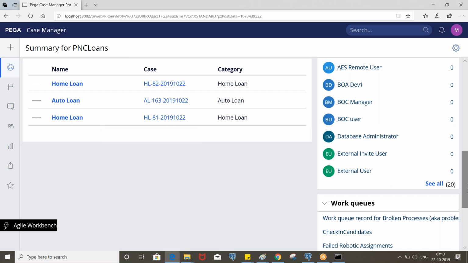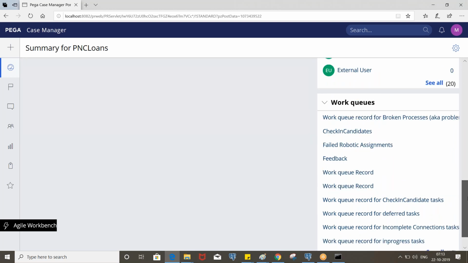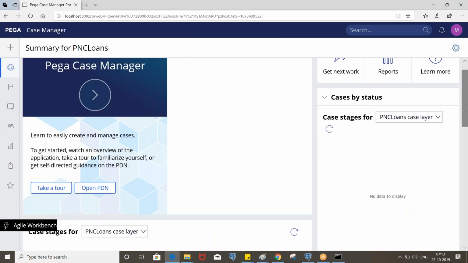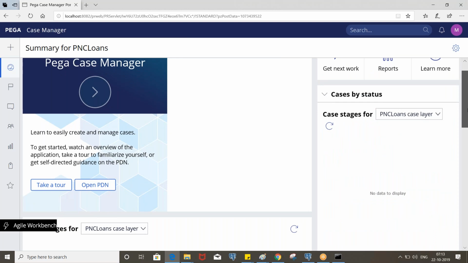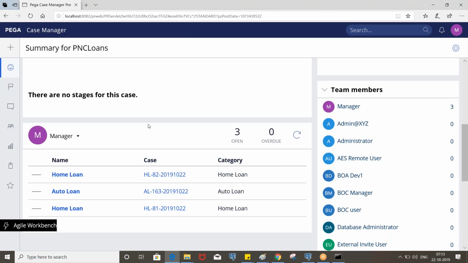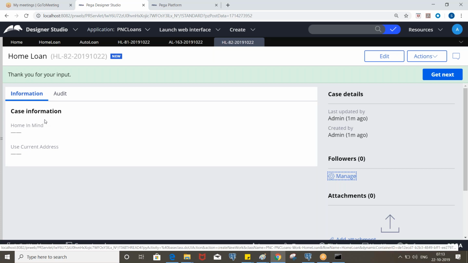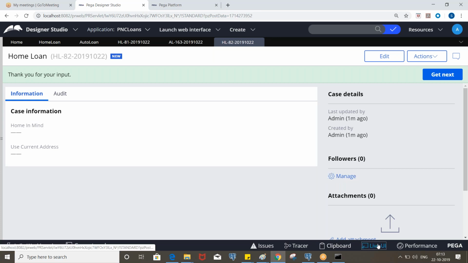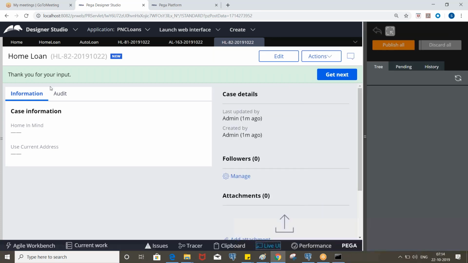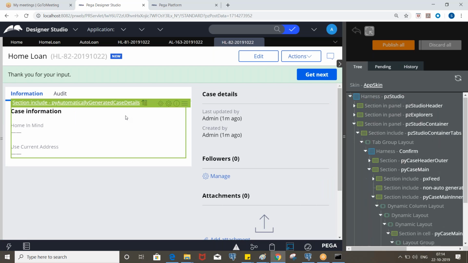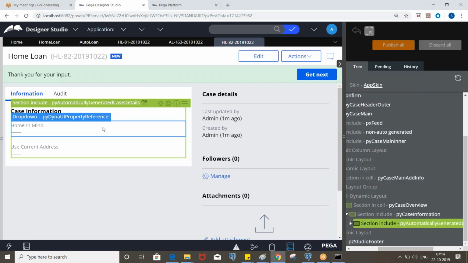Okay, so if you want to identify, we need to enable the Live UI tool here for manager portal, and we can see. Okay, so let's see. I want to identify what section is being used here. If you are seeing the data, that means behind that we have the sections, right? So take the Live UI and move the cursor, and you will find the rule like this. We'll be discussing more about the Live UI tool as part of the UI architecture.